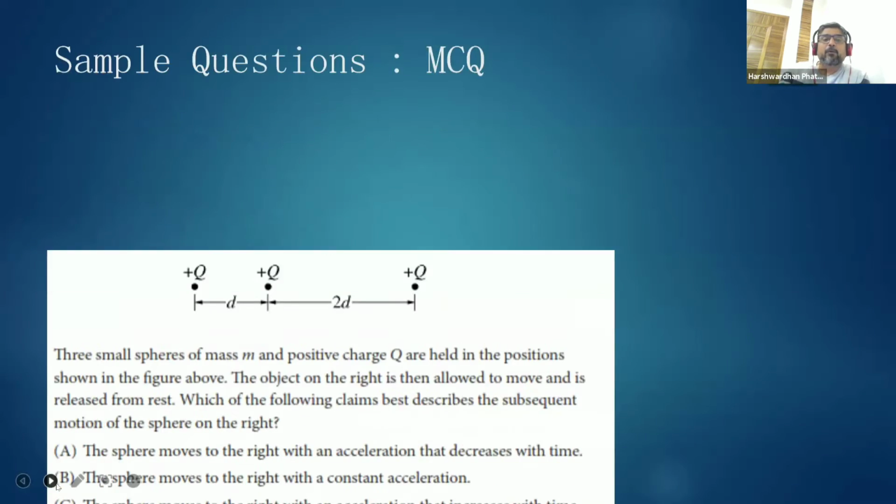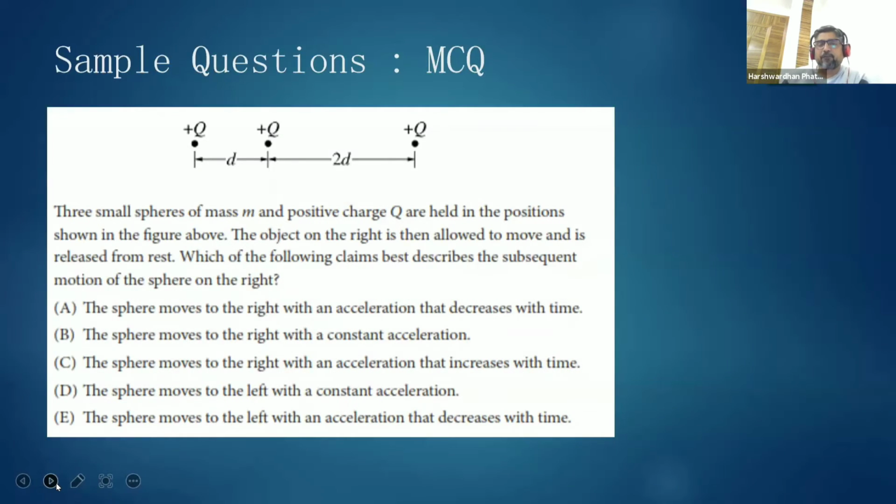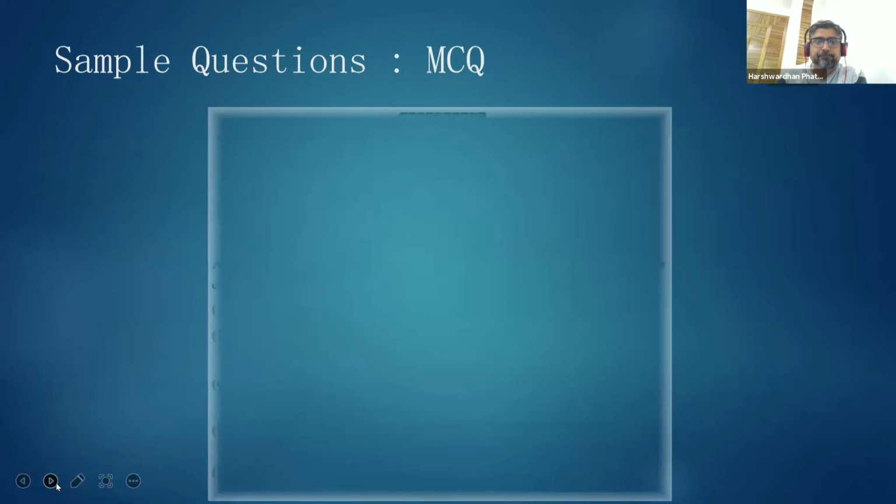These are some sample questions. As you can see, for example, this one is based on the concept of electric charge. The point to observe here is that there are 5 options in the MCQ. So it is that much more difficult compared to other exams where usually you have 4 options. For example, the SAT has 4 options, here you have 5 options, as you can see.